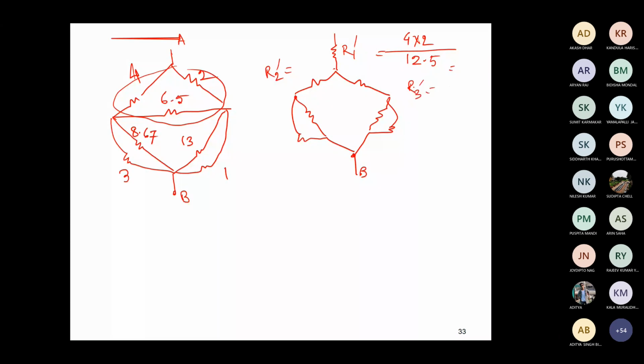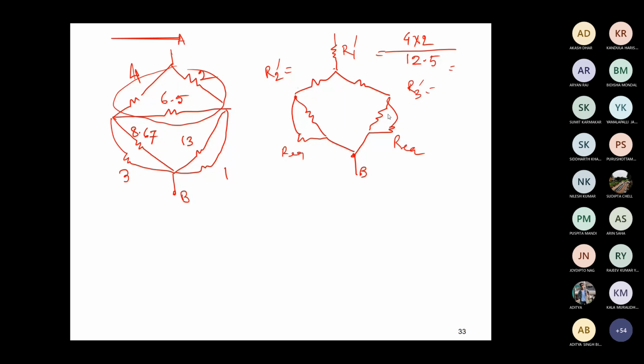And then the next task is to get the parallel combination of these two R equivalents. Then you have to add this again in series and then again the parallel combination. I hope you can solve it, right? I am not doing it step by step because it is not solved rightly in front of me. I hope you can solve it. If you cannot, just get back to me. I'll solve it. Let us move to a different problem now.